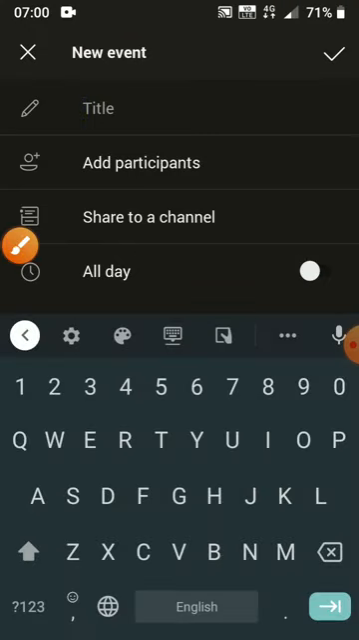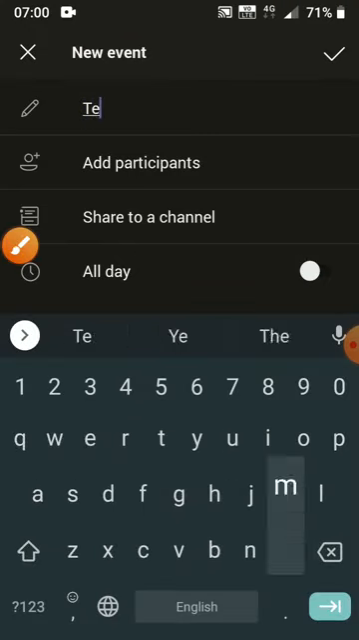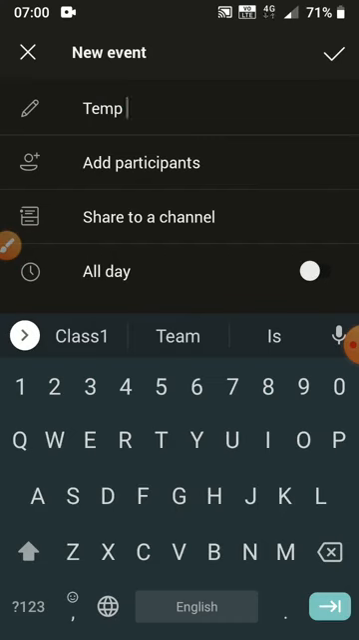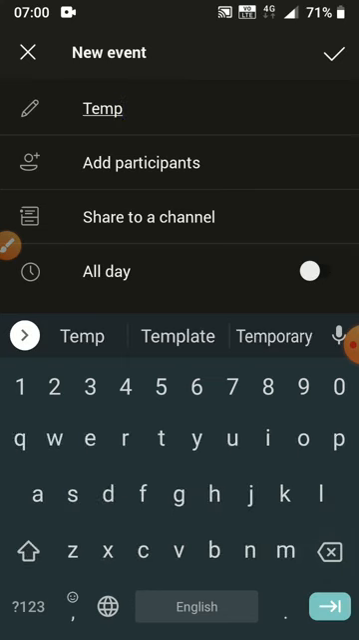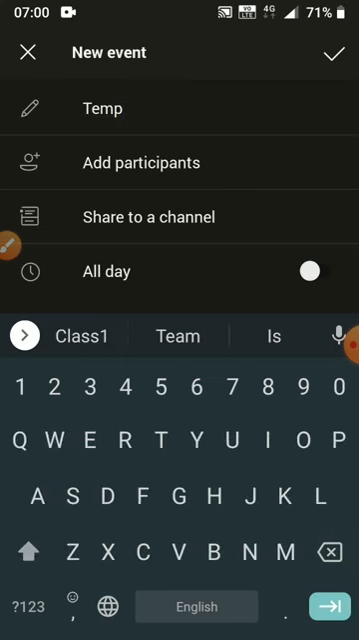On this new event tab, just enter your title. I will advise you, whenever you are going to create any team, channel, class, or meeting for demo purposes, please use the word temp, demo, or dummy before it. In all these examples I'm using the word temp, so it will be easier to identify that these teams or channels made by you are temporary or dummy in nature. So, temp meeting